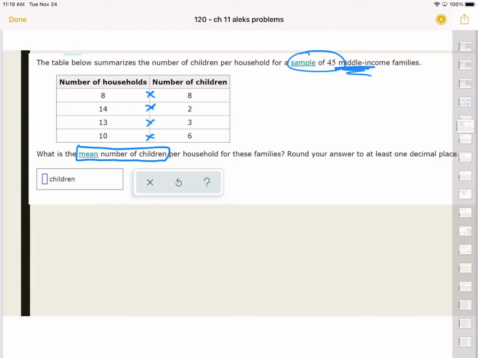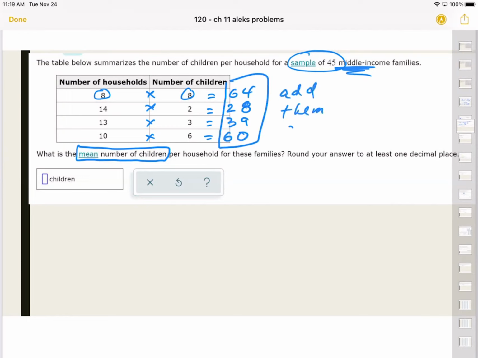You need to take the 8 times the 8 to give you 64, the 14 times the 2 to give you 28, the 3 times the 13 to give you 39, the 6 times the 10 to give you 60. And once you add them up, this is what you need to do, you need to add them up. And if you add them up, this is what you have,